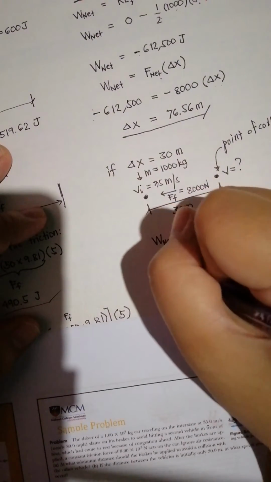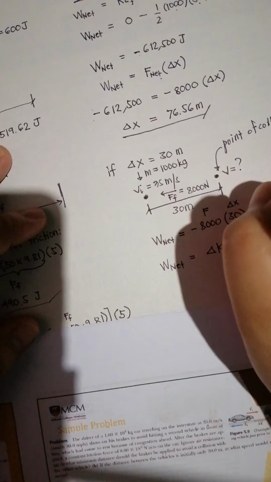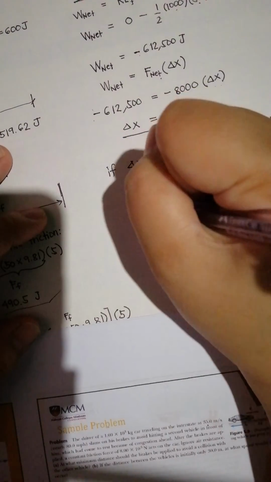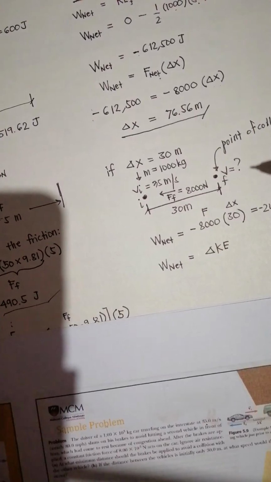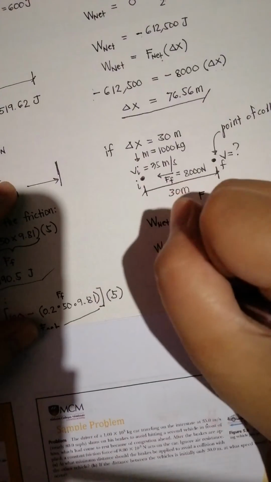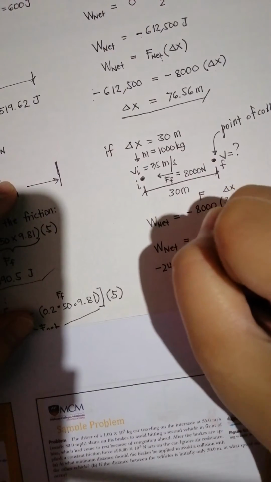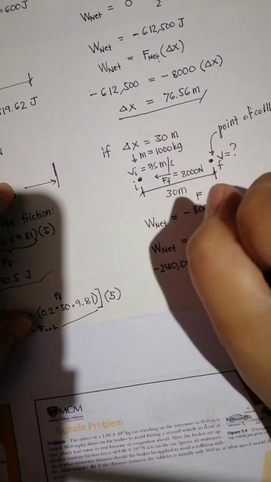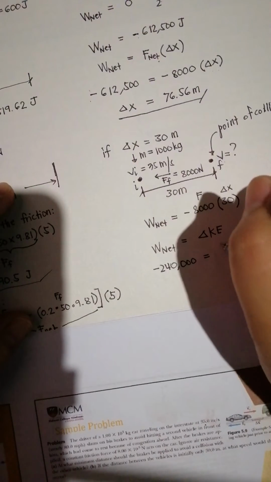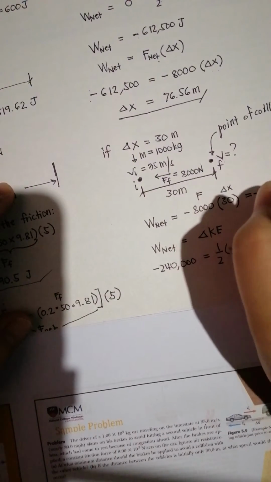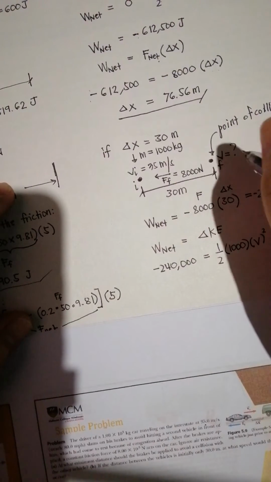Now we will use net work equals the change in kinetic energy. Again, this is our initial point and this is our final point. So for net work, it's negative 240,000. We have for the final point 1/2 mass of 1,000 times v squared, velocity being unknown at this point of collision,